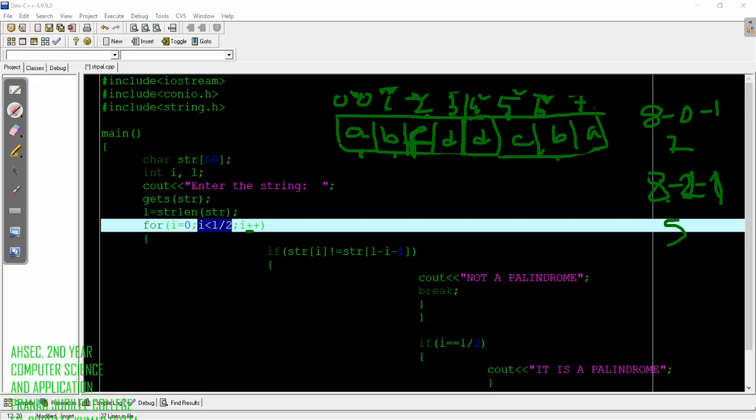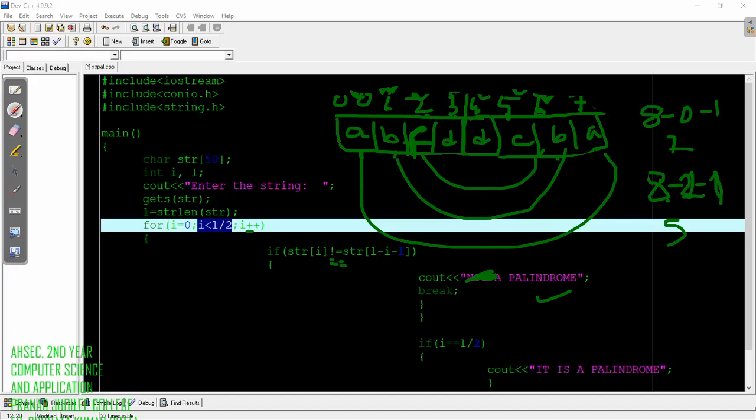Now when I check A in the first iteration, when I is 0, A equal to A, right? If I have written double equal to and check A equal to A, what will it give? It will directly write palindrome. This will check as palindrome, but when it checks this, it is not a palindrome, right?